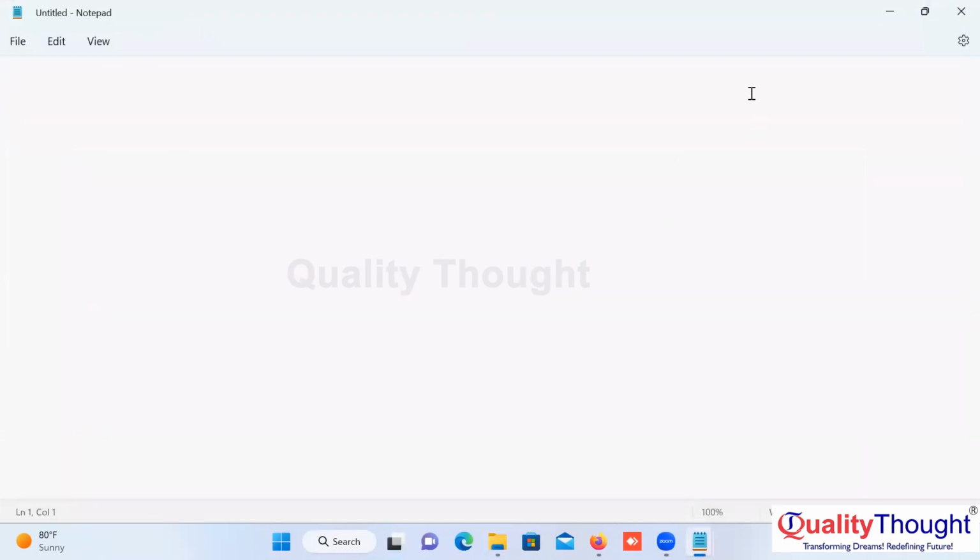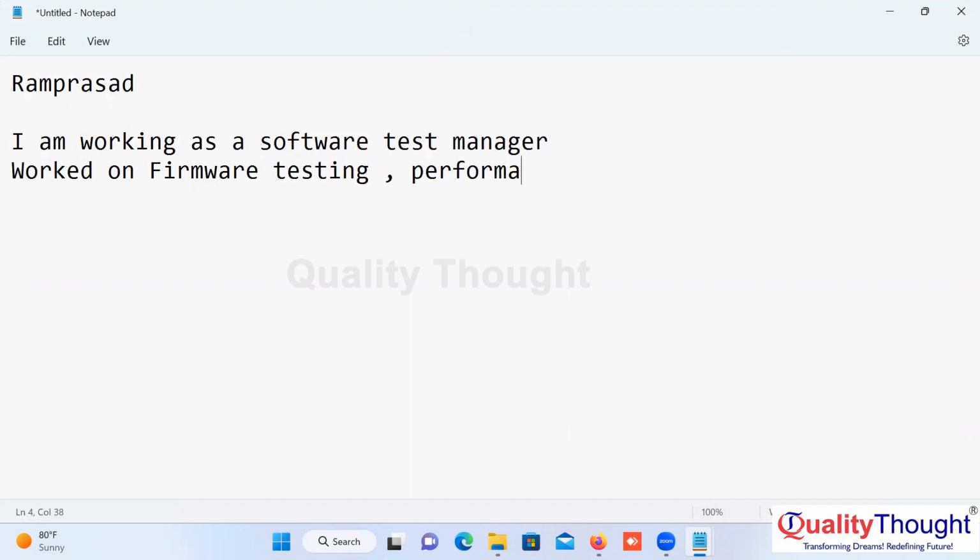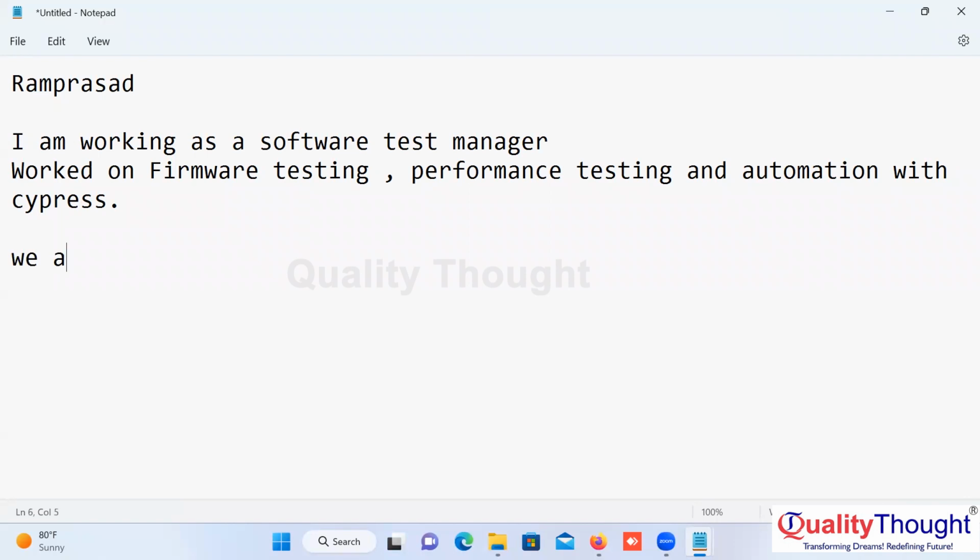Let me introduce myself. My name is Ram Prasad. I am working as a software test manager. Worked on firmware testing, performance testing, and automation, the Cypress. So this is my expertise. Okay. So we are here